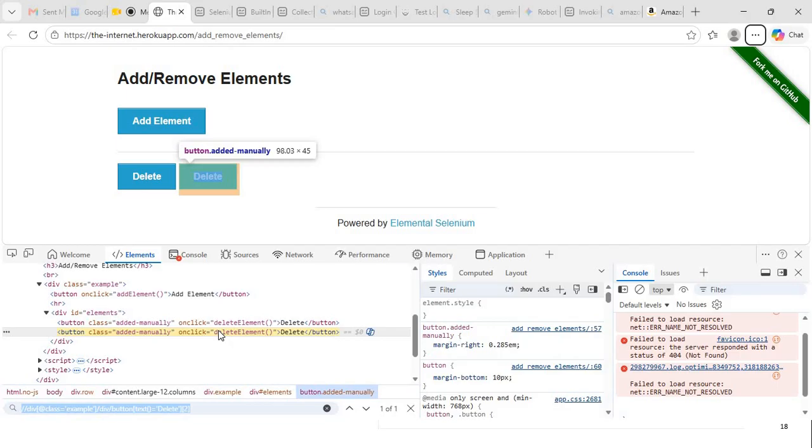Shadow DOM and iframe are two topics which we have to cover separately. Suppose any locator comes in the Shadow DOM or iframe. For iframe, you can handle it through switch iframe. Okay, it will be easy. You have to go to the parent iframe, then the child iframe,